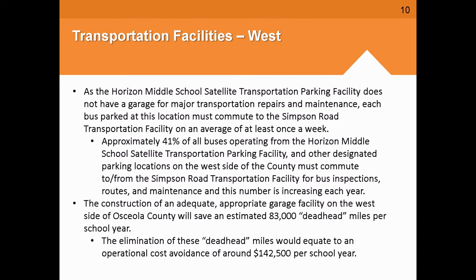Good afternoon, everyone. A brief update on looking for a Transportation West facility. Currently, we have our primary centralized transportation located on Simpson Road. And then we have 2 satellite facilities. One's located east on Michigan Avenue in St. Cloud, and the other one shares a site with Horizon Middle School. For probably 3-4 years now, that satellite facility has outgrown itself. So 41% of all the buses